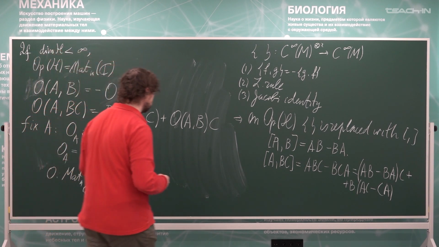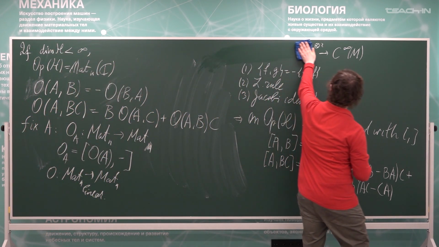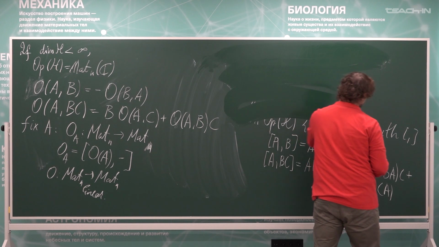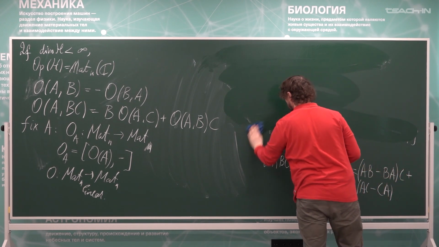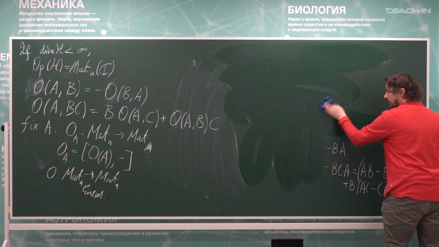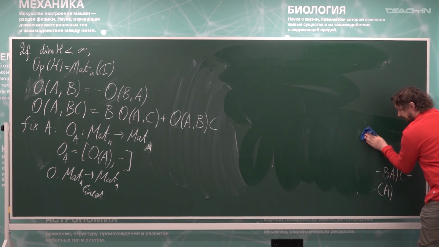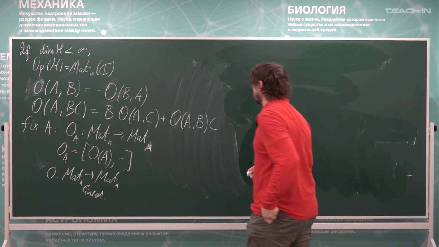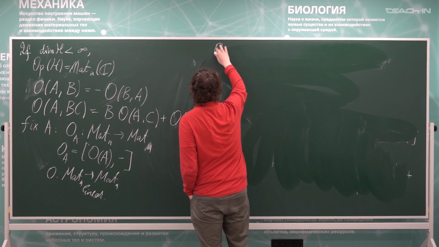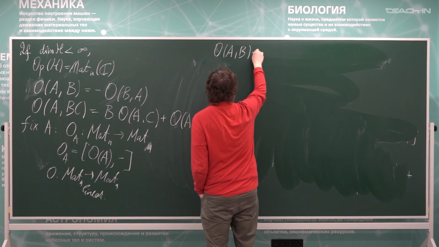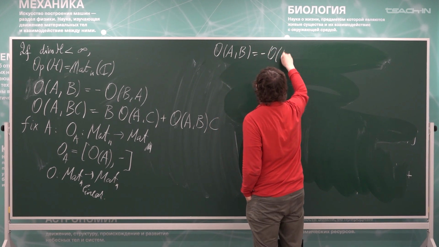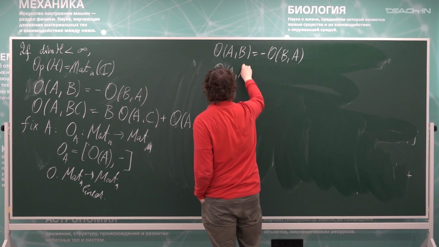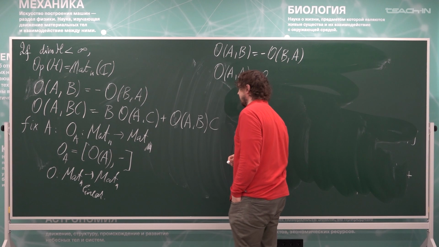Now, since this operation is skew-symmetric, since O of AB is equal to minus O of BA, we see that O of AA is equal to 0, and hence